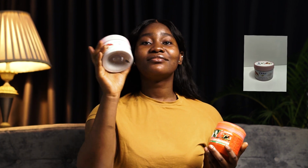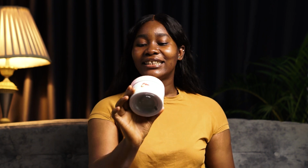It makes my body feel softer. But if you know you want to get a little bit expensive body scrub, then I recommend the Dove body scrub, and it is 5,500 naira, I guess. So yeah, that's how much I got it, 5,500 naira. This smells amazing. This is like one of my favorite